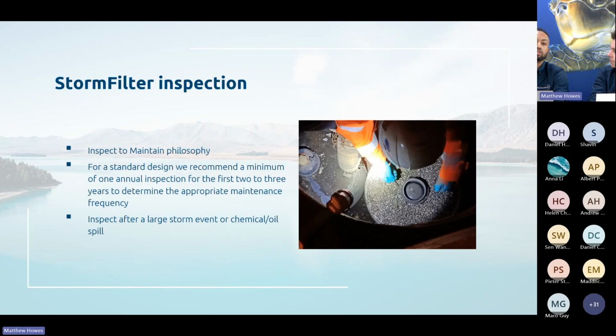We do also recommend to inspect after large storm events or chemical oil spill. And that's just to make sure the StormFilter is in a good condition and it can continue to operate as designed. So when we get into the next part,